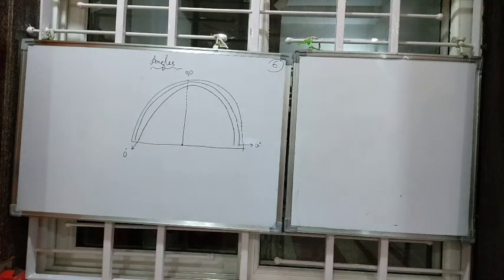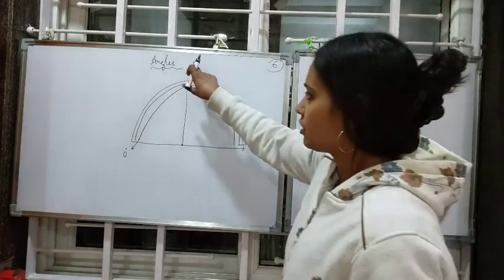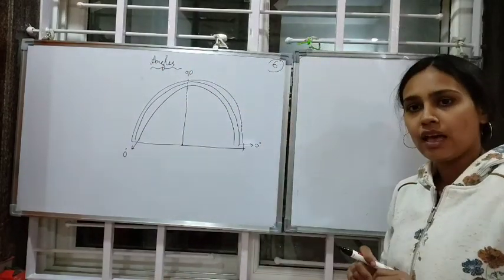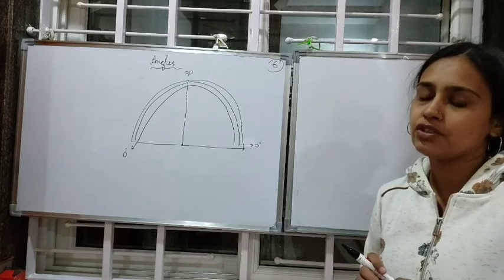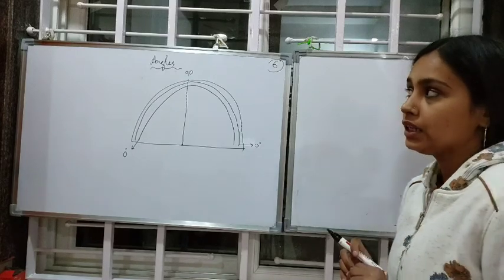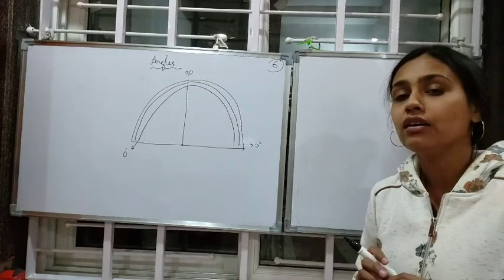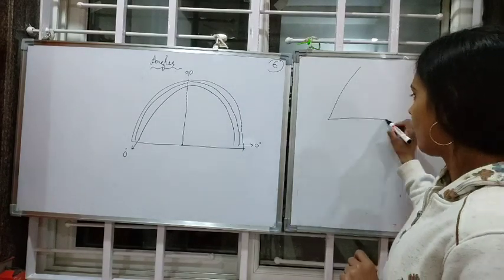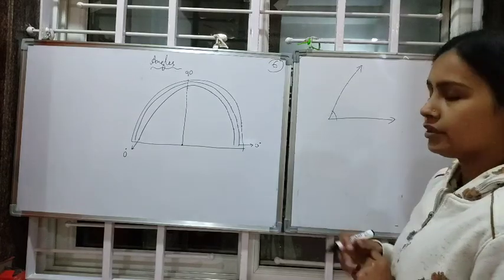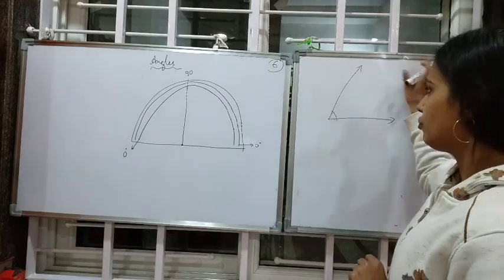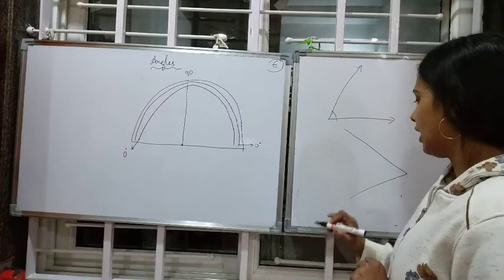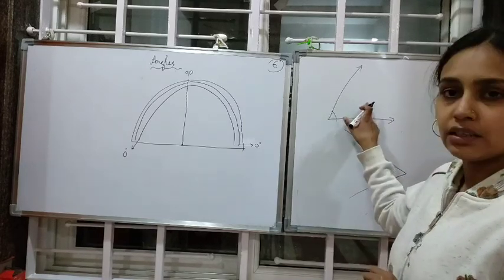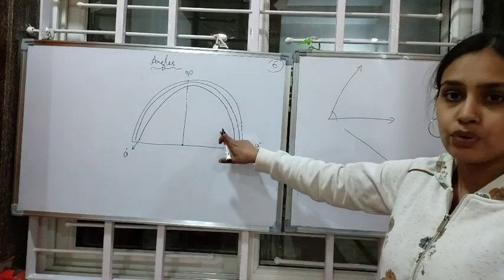Children, now we are going to study how to construct or measure angles. We all know what angles are. Angles are closed figures made by two rays having a common starting point, right? So an angle can be right facing, or left facing. To measure angles, we need a protractor.